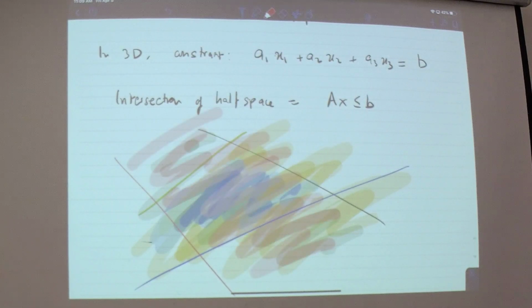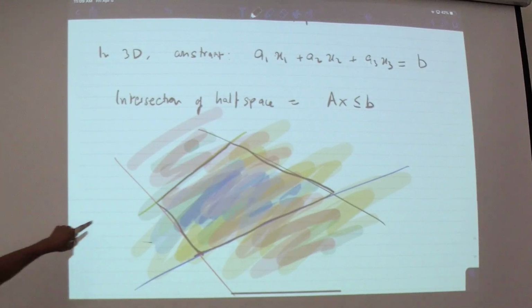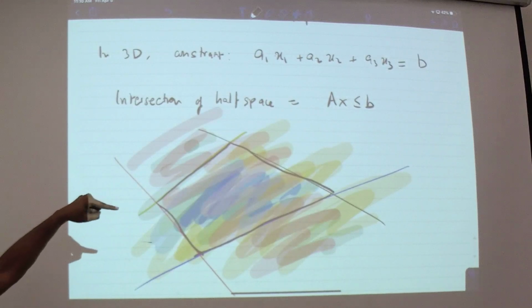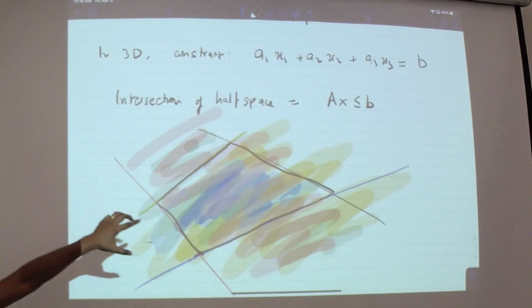If you take the intersection of all these things, what are you going to get? What you're going to get is a region that's bounded by this, this, this, and this. It's a polygon. It looks like a very modernist painting. So if you have this polygon here, it worked out nicely that we can now say the collection of all these inequalities, in the language of geometry, you should think of something like this.